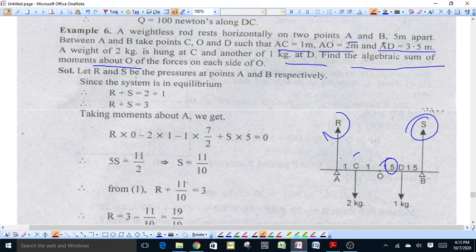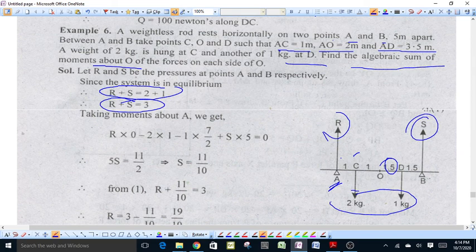Because the system is in equilibrium, therefore, sum of vertically downward forces will be equal to sum of vertically upward forces. Downward forces are 2 and 1 kg, therefore upward force R plus S will be equal to 2 plus 1, that is R plus S will be equal to 3. Now, because the system is in equilibrium, moment about any point in this plane will be equal to 0. Now taking moment of all the forces about A,